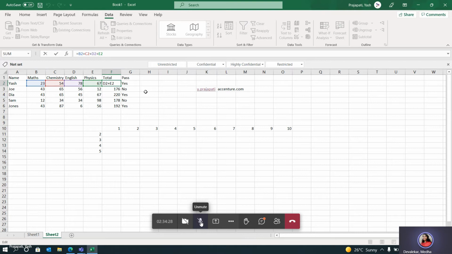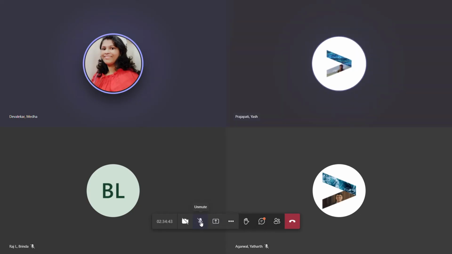Frankly speaking, I have never used that concept in my whole 8 years of this Accenture life. So it's just that you need to have that logic. There are so many different things in Excel which you can do, but it's not that we use everything in our day-to-day life. I might not need this data table concept in my project, but there is some other project that needs it and uses that concept in their project requirement. So that's why you need to learn it.